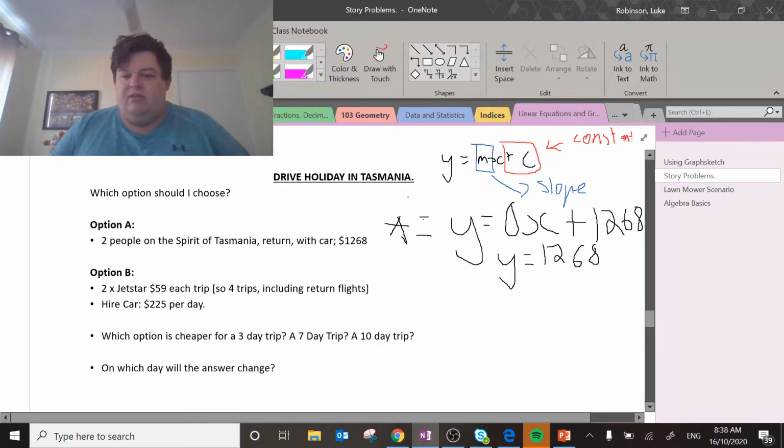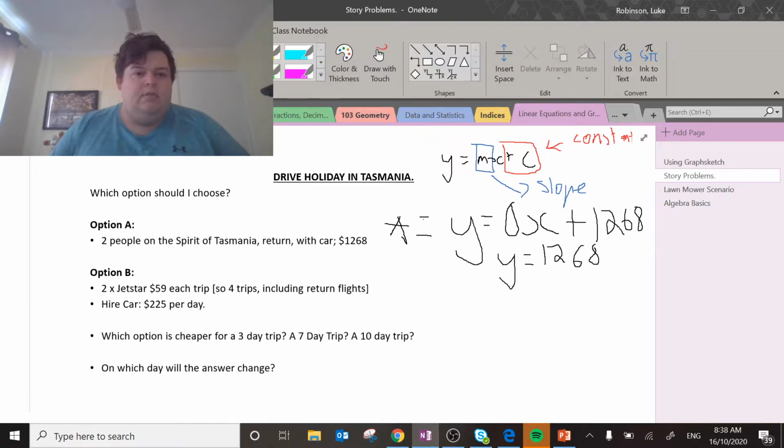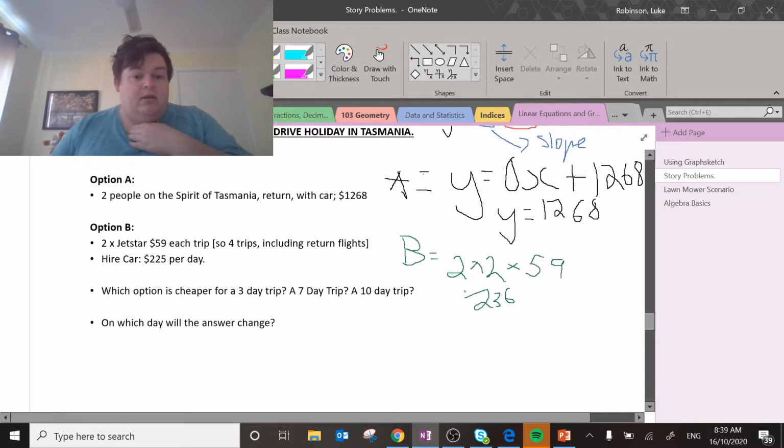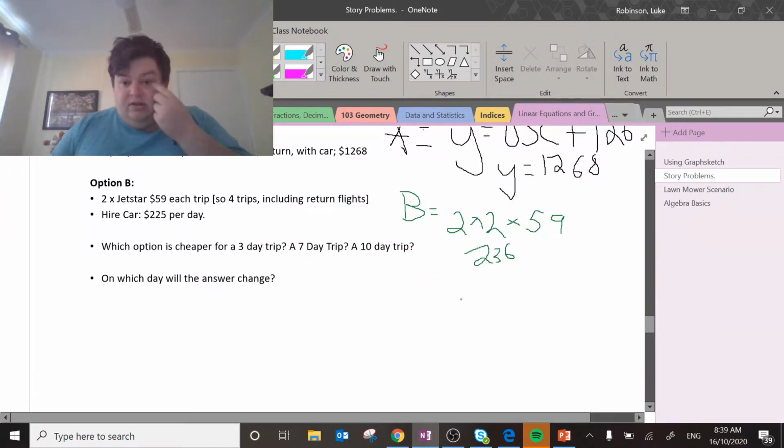Let's have a look at Jetstar's one though. Change color again. This one's B. And it says Jetstar is $59 a trip. So it's two people times two trips times the ticket of Jetstar. We're going to figure that out first. So it's 236. I think I'm right. So $236 is